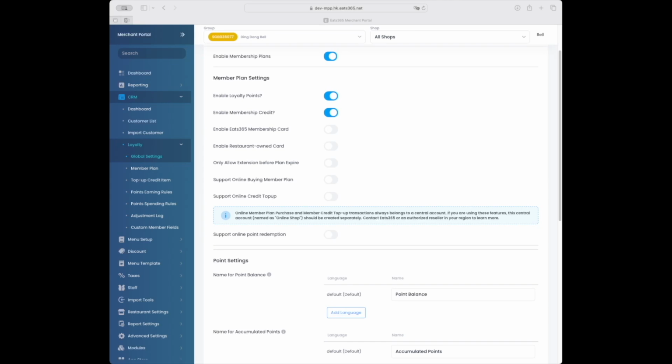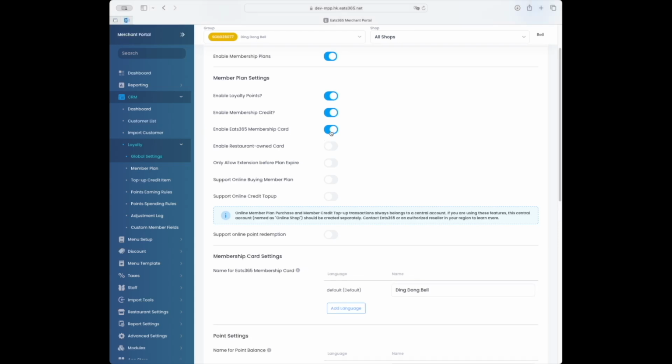Next, we have the Enable Membership Card settings. We have 2 types of membership card here. We have the Eats365 membership card and non-Eats365 membership cards, or so-called the restaurant-owned card or third-party CRM membership card. So, if you would like to generate unique codes that can be associated to your physical and digital membership cards that keep track of loyalty points and rewards in Eats365, you can turn on this Enable Eats365 membership card and